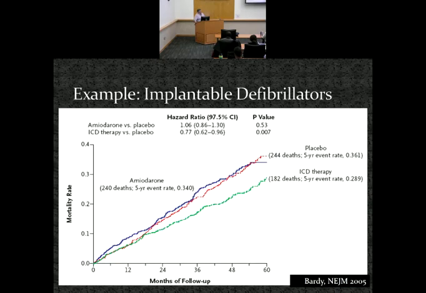Over 5 years, you can see a pretty large reduction. In the placebo group, 36% of people died, and in the intervention with the defibrillator, 29% of people died. So Medicare looks at this trial and says, okay, we're worried about the cost of defibrillators for heart failure patients, given that there are so many people with heart failure, but this is really compelling data. They covered defibrillators, which was something they had been pretty resistant to.